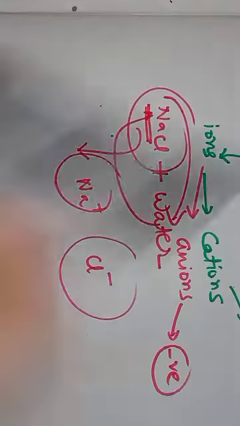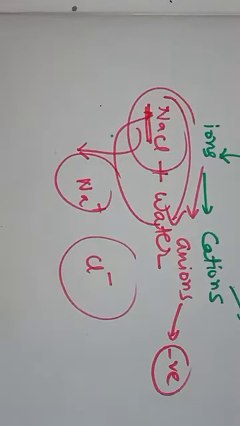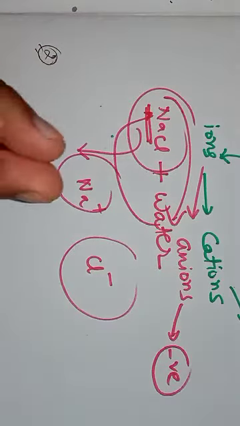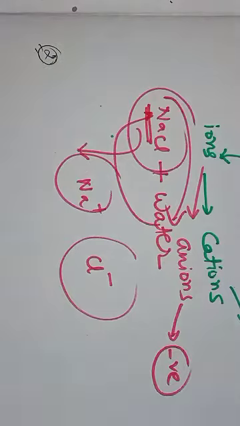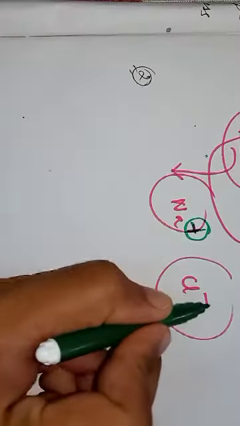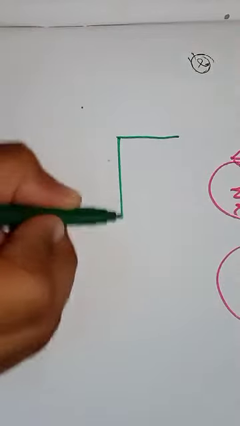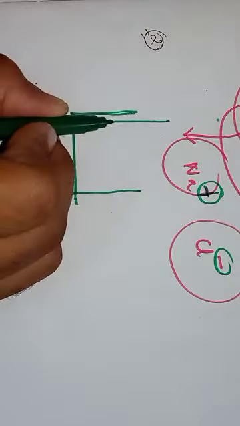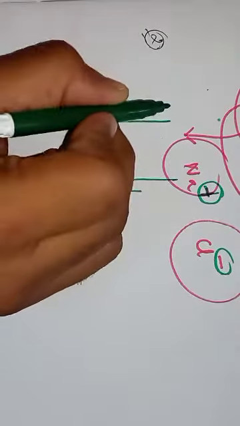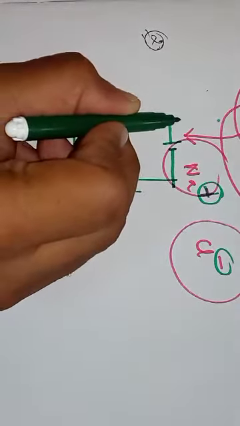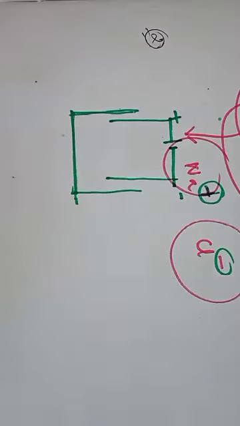The second point, according to Arrhenius: all ions carry an electric charge and are responsible for the flow of current through the solution. So all the electrolytes carry a charge, plus and minus. Suppose this is an electrolytic cell. This is anode, this is cathode, and we have connected the anode and cathode like this. So this is positively charged, this is negatively charged, and we took an electrolyte